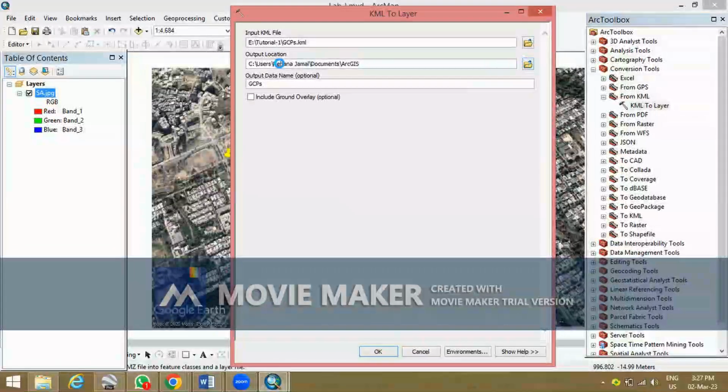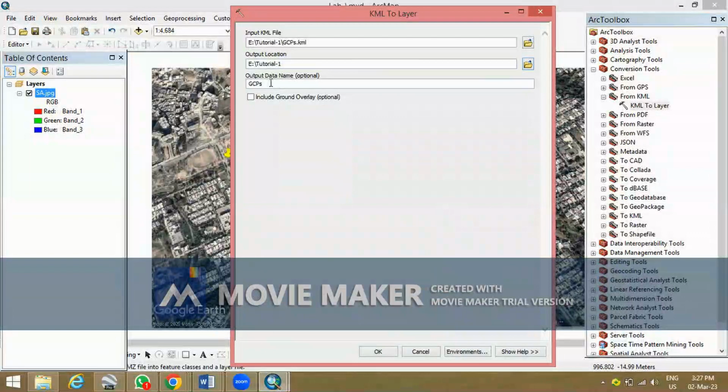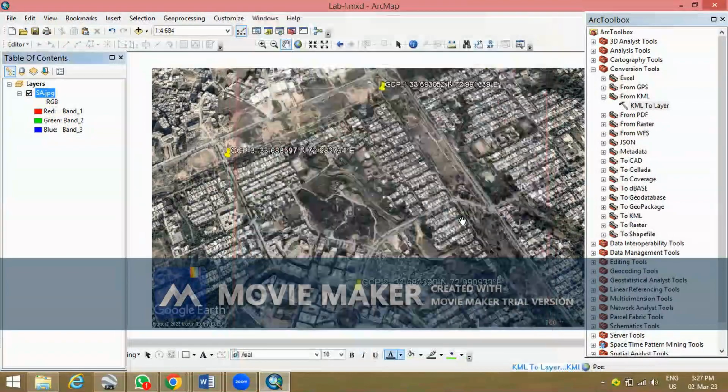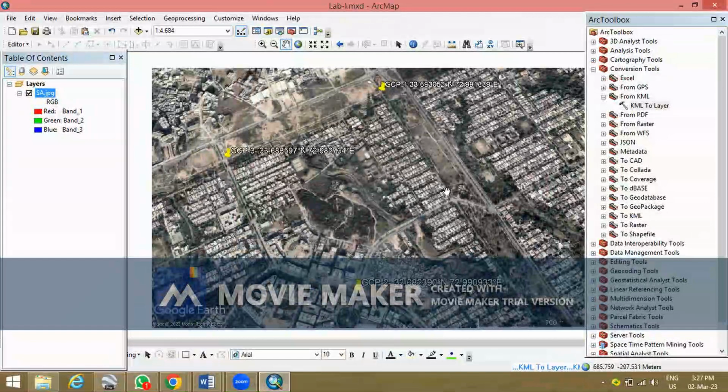We must save this output location in the tutorial folder so that our output is saved in the form of points. Okay. This KML file is converted into a layer of point shapefile,